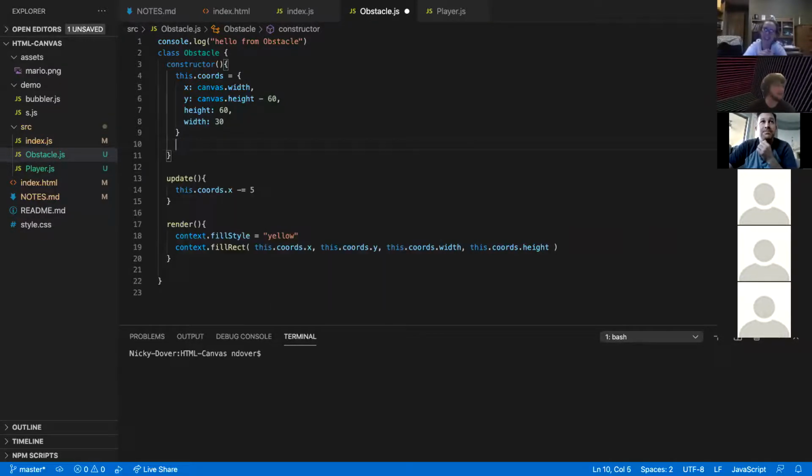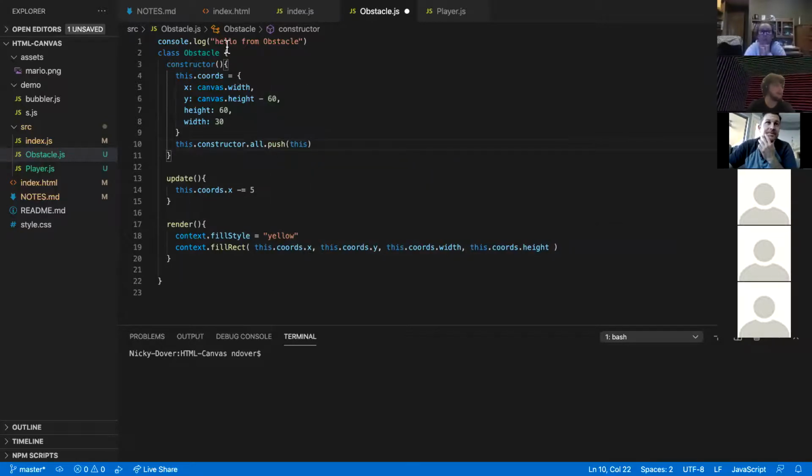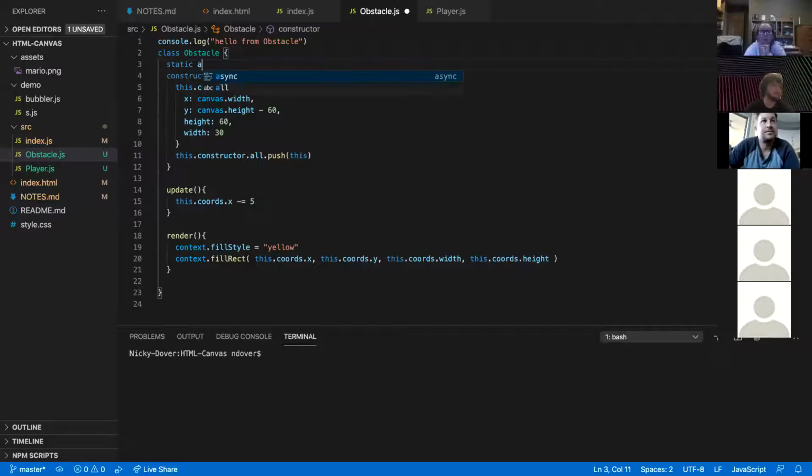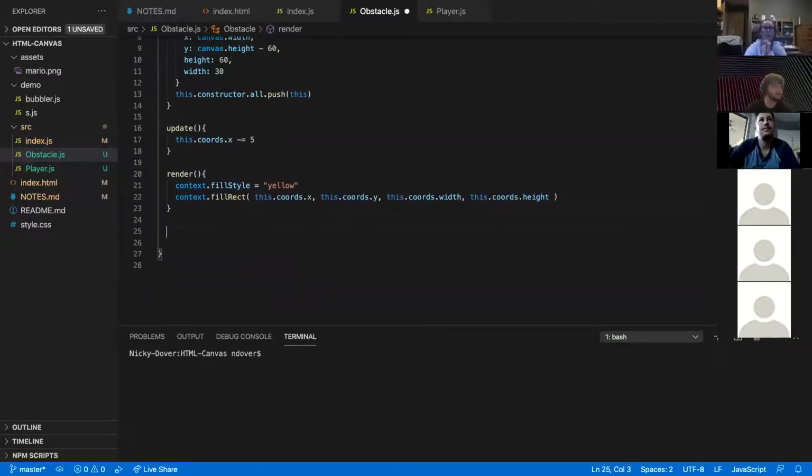But I can say, this.constructor.all.push(this), and I can define a little static all equal to an array. This is the same thing as in Ruby when we did @@all, then @@all.push(self), or .shovel(self). This will allow us to start doing new things. I can now create a